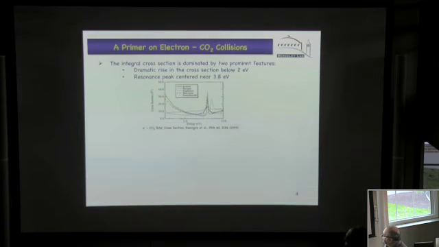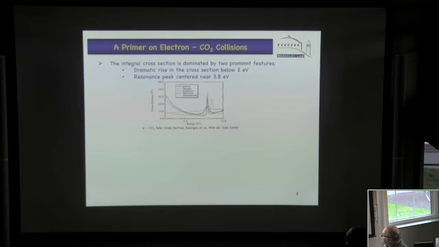And this work was taken from a paper that one of our graduate students did some 13 years ago. You can see there's several calculations, with the exception of the higher energy one. Basically, all of the theoretical calculations, at least for elastic scattering, got the resonance position in the right place. The difference between the various calculations, why some are broader and seemed to agree better with the experiment than the other ones did, is just a question of whether or not the calculation was done at one fixed nuclear distance, or whether there was an attempt to do that as a function of R and then convolute the ab initio data over the vibrational ground state of CO2. But we basically understand that.